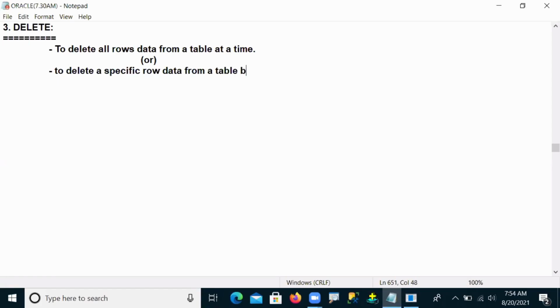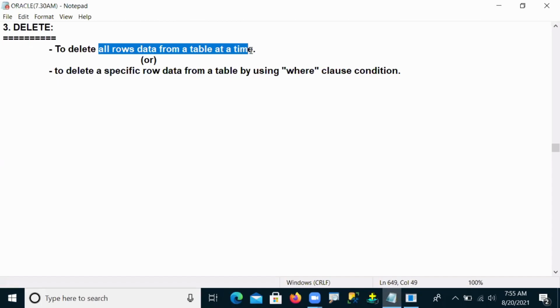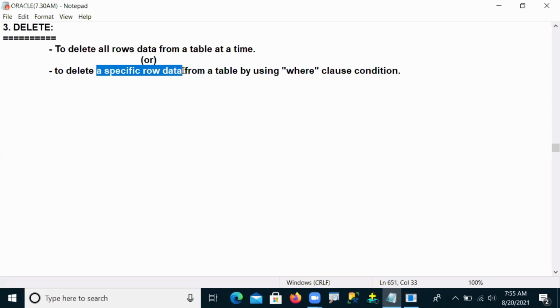Specific means I'm using the where clause condition. Whenever you want to do any specific operation, we can use a where clause condition. Either you can delete all rows from the table at a time, or otherwise a specific row's data we can delete. But whenever you want to work on specific row data, the where clause condition is mandatory. Right. Now come to the syntax.